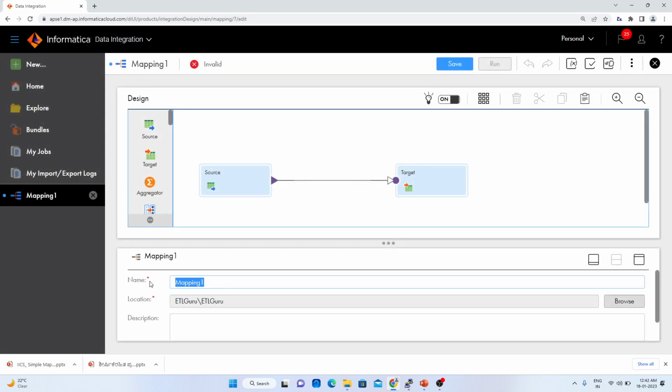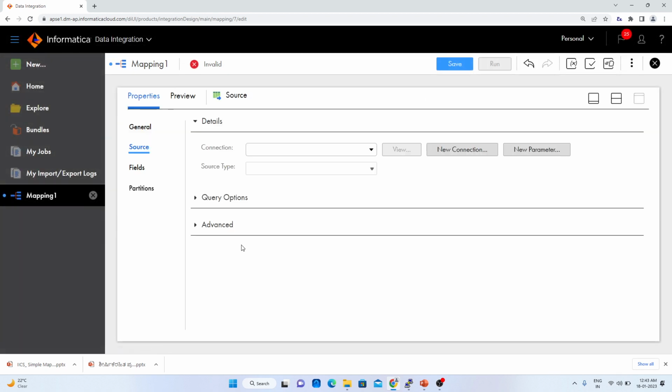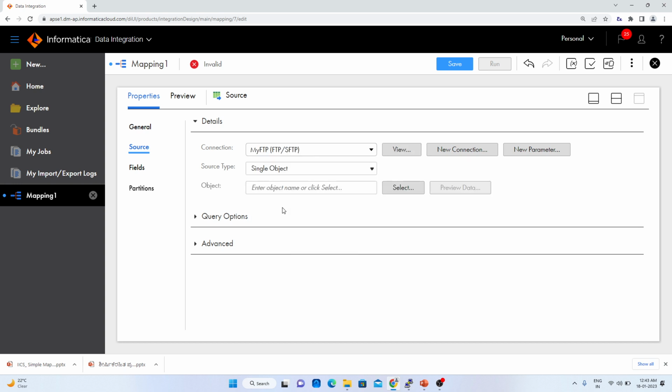I'll give this mapping name as m_FTP_con_example, and I'll select source as my FTP, and as I told,